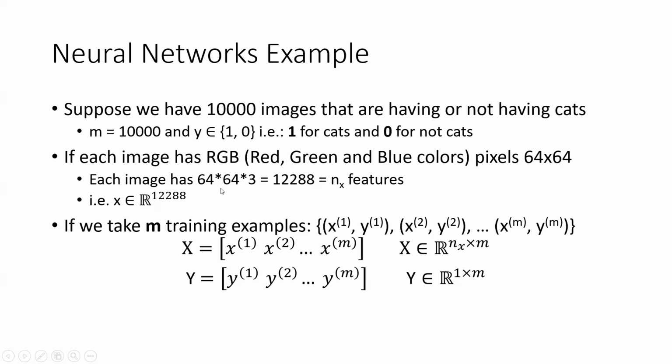So let's see what the x variables are. If you take any image, say each image is of size 64 by 64. In an RGB image there are three channels of color: red channel, green channel, and blue channel, so there would be three channels for each pixel. There are 64 by 64 pixels in a particular image, and because there are three channels, we have to multiply by 3. So for each image, you have 64 by 64 by 3,